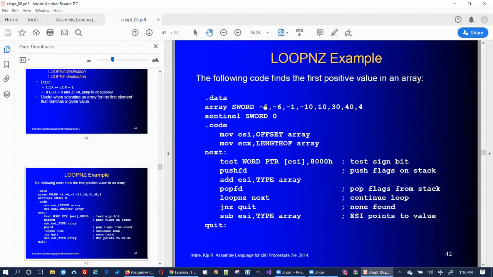So we test this, and then we increment the ESI pointer to here, and then we actually do the loop thing. We do the test, which sets the flags. We push the flags. We increment the ESI pointer. We pop the flags, and then we do the loop thing based on the outcome of this testing of the sign bit. And we're doing NZ, so we're going to loop back up here as long as ECX is greater than 0,